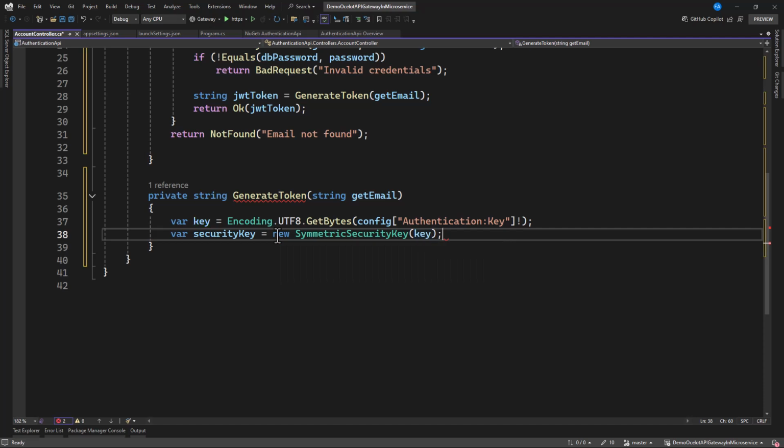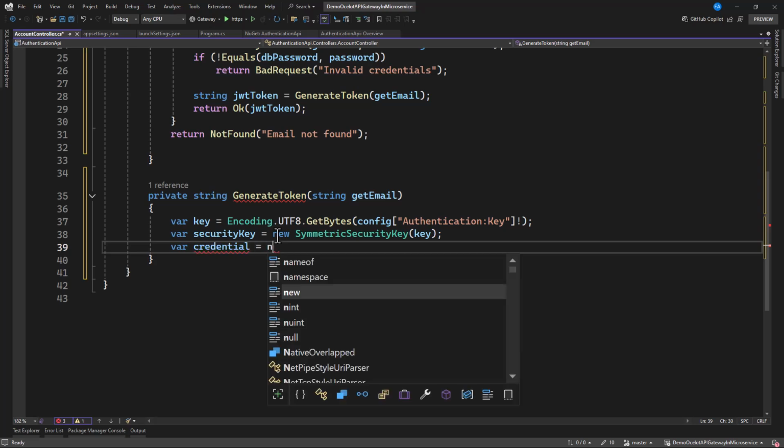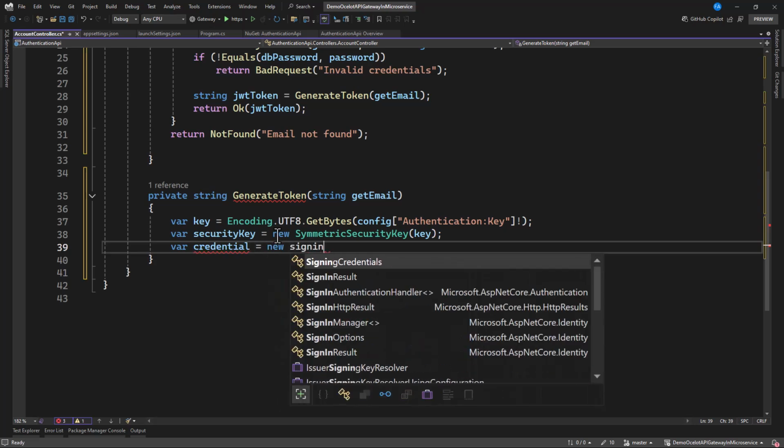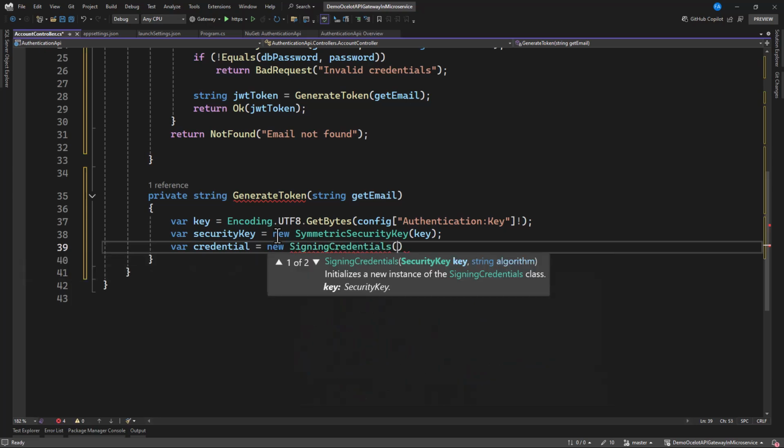So from that, we need to create credentials. With this credential, it's going to be new SigningCredentials, and in that we need a security key.